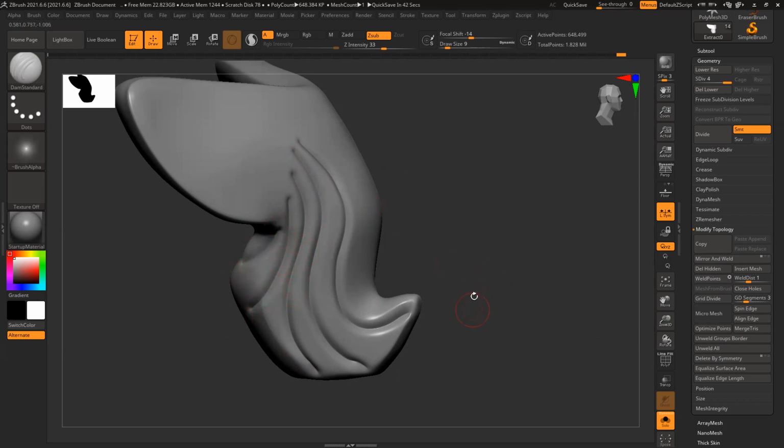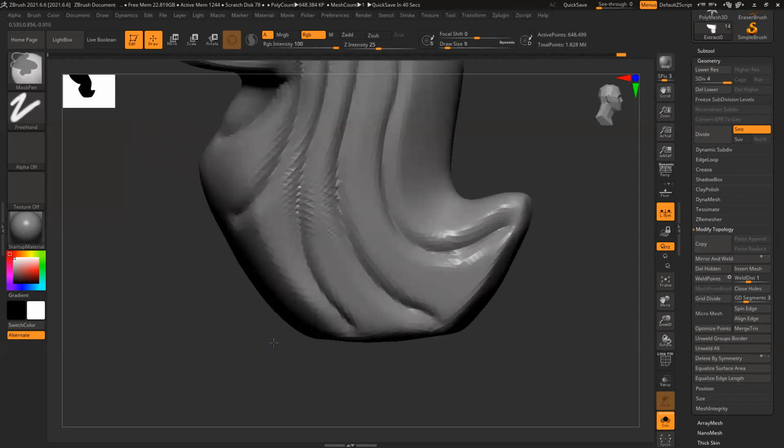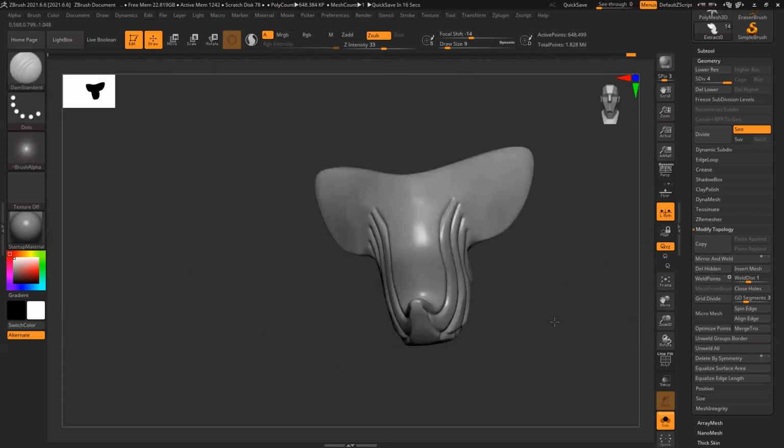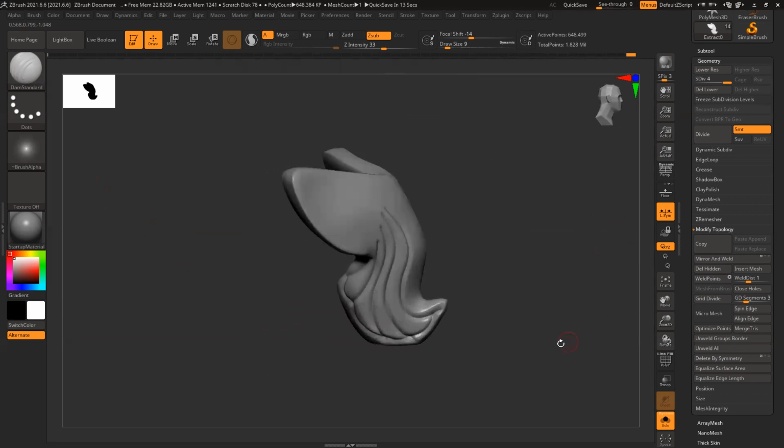To create all these shapes. Now I'll complete them. So both the side designs are ready.